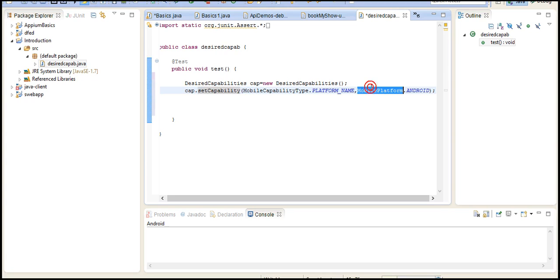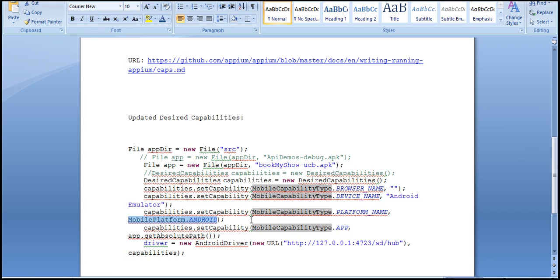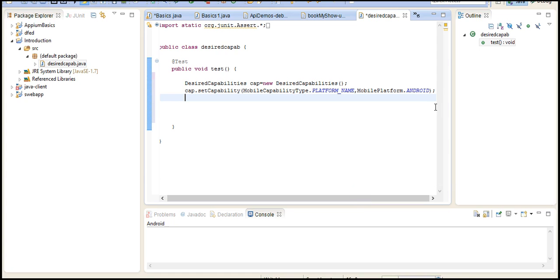Okay, we told the capability object that we are using Android. Now the other mandatory one here is the device name. Are you using a real device, or are you using an emulator? So before that, what is an emulator? You have seen me speaking for a long time before that, using a virtual device, an emulator, and you may also have wondered